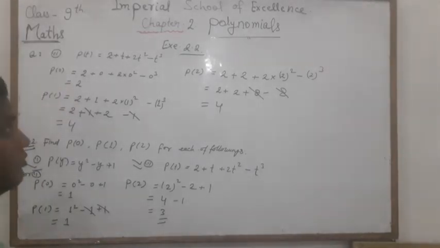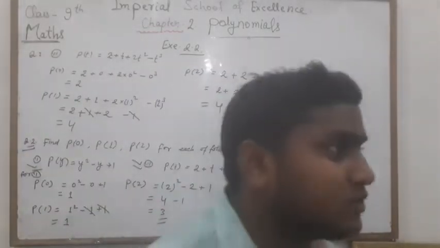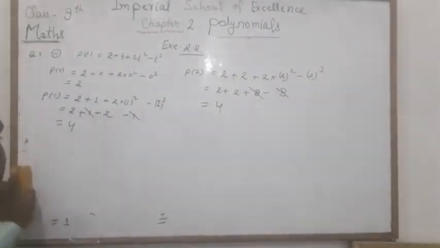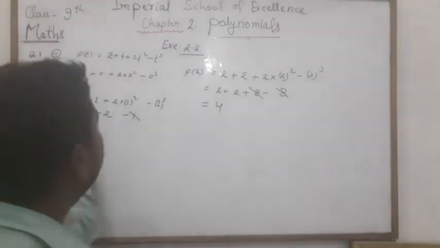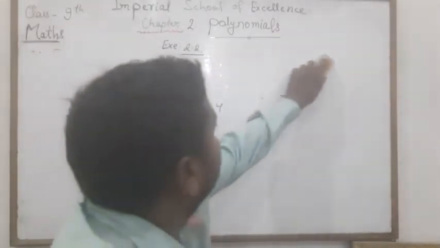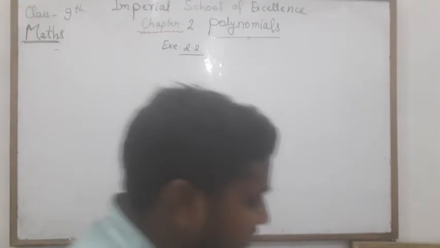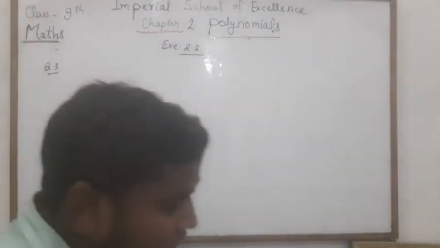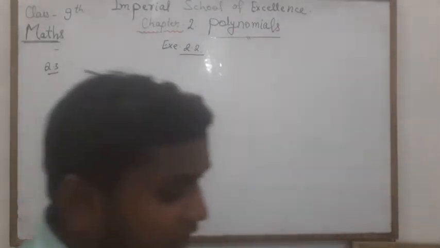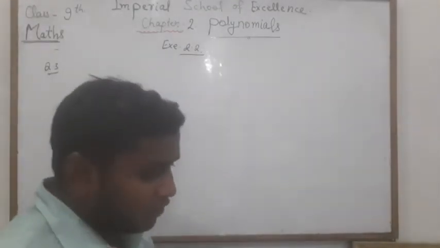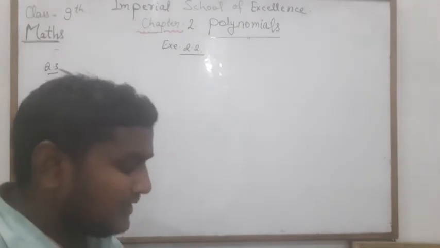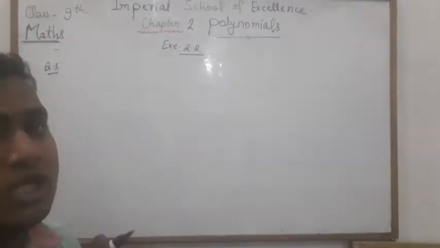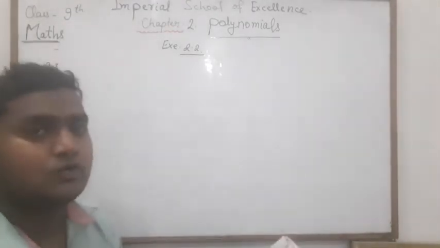So okay, hope guys you have understood how we have done this question. Let's come up to the question number third. What is this question number third and how we will solve it? I am erasing this and hope you have understood. Now see this question number third. Question number third says that verify whether the following are zeros of polynomial indicated against them. Here are 8 questions and only 3 questions I will do for you and rest all questions you will do.